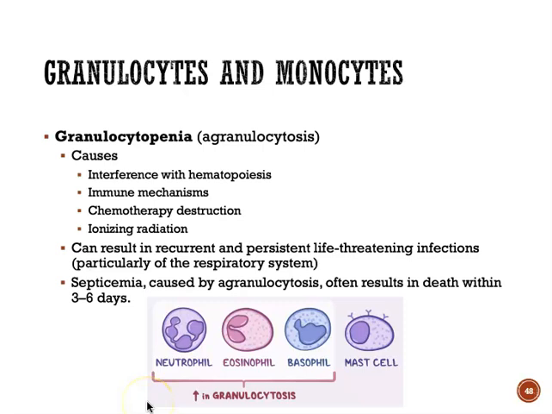So you want to closely monitor this patient to see if they're having any type of respiratory distress and, of course, any signs of infection. And in certain cases, they may need to give the patient granulocyte colony stimulating factors. If you remember, this is going to be a factor that is going to stimulate white blood cell production so that we can kind of boost up the immune system.